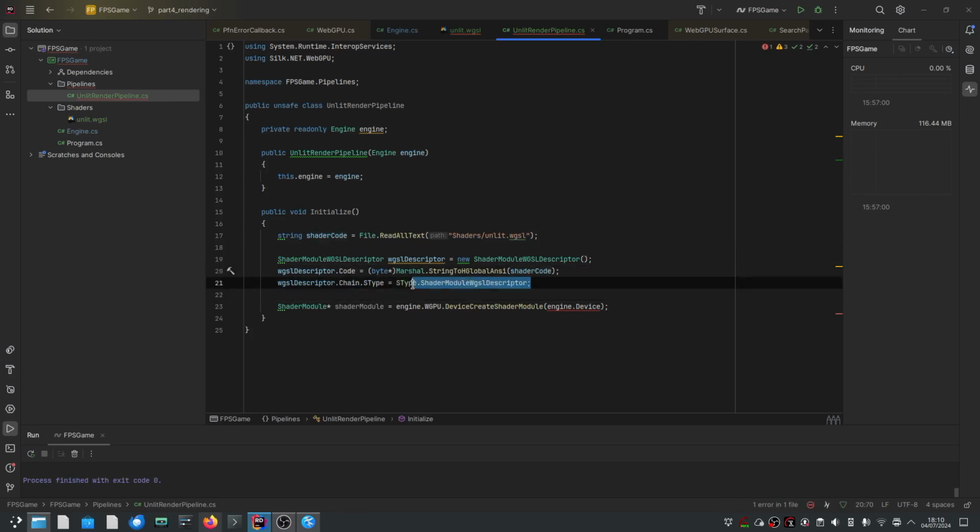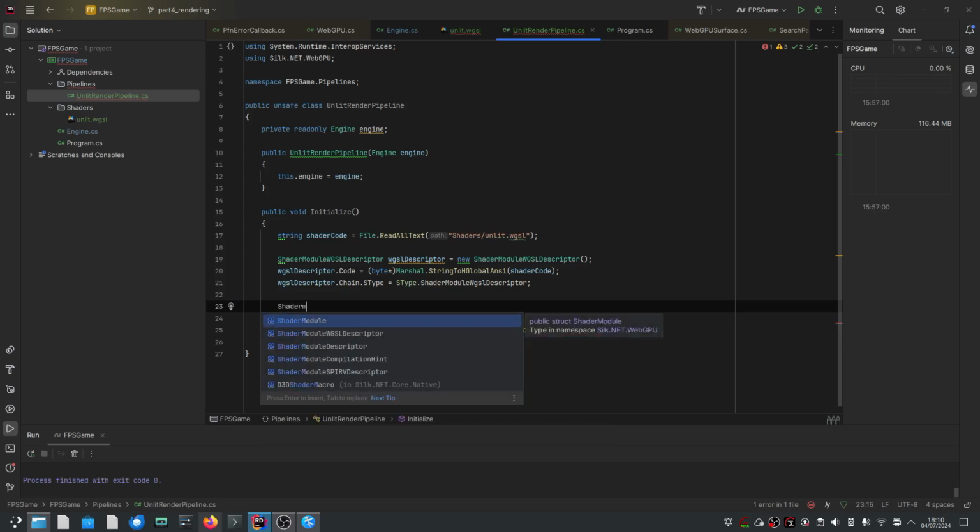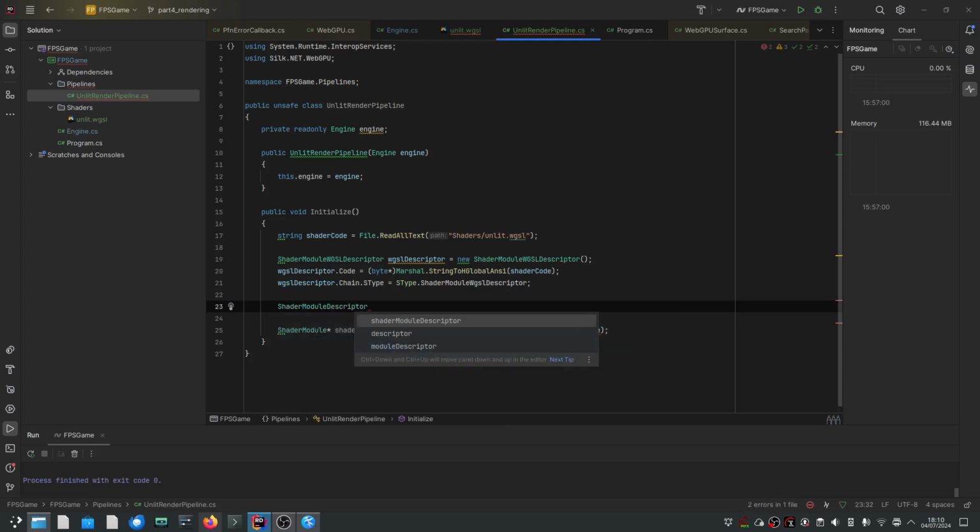So we kind of need to set up this shader module descriptor type because this is working with the C API, because headers for desktops are actually in C. That's what they provide, so it's a bit unusual, but in C I guess we have to do these kinds of things because C doesn't really have objects, it just has structs. I'm not used to C, but you have to figure this stuff out a bit. But we just have to paste it like this, and then we can create the descriptor,